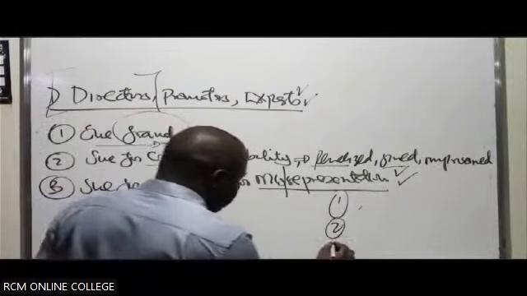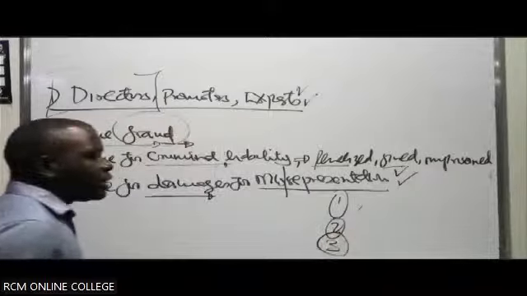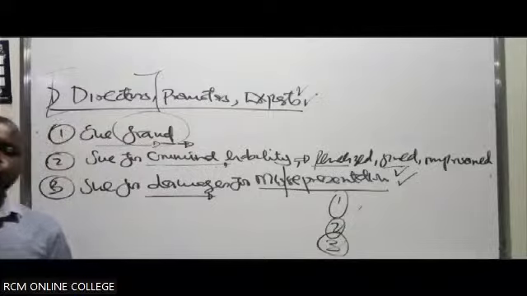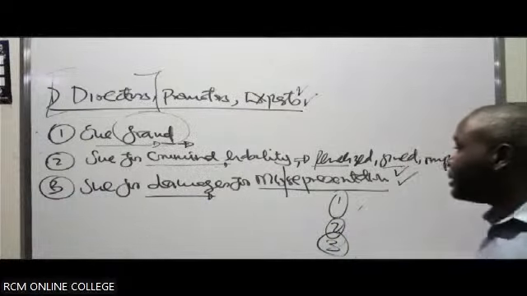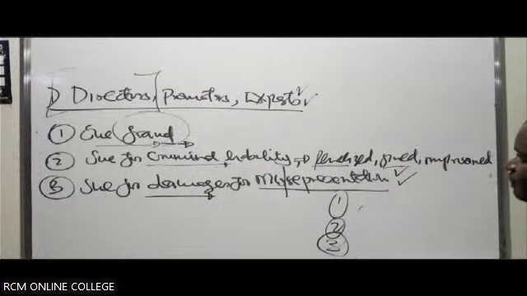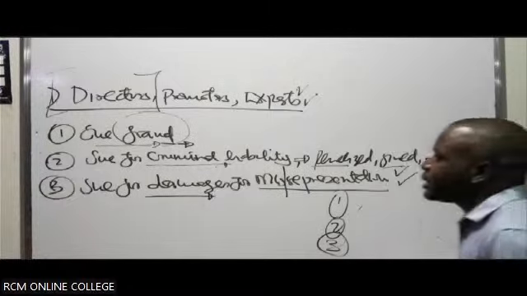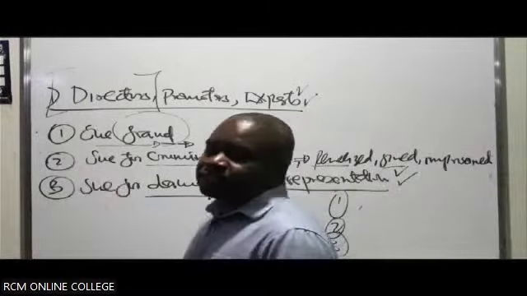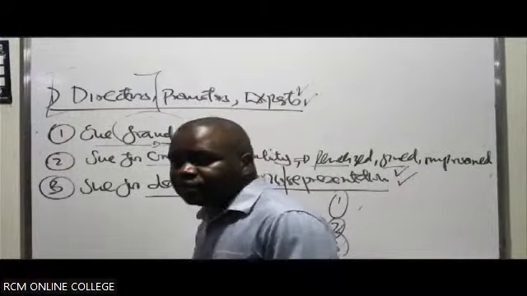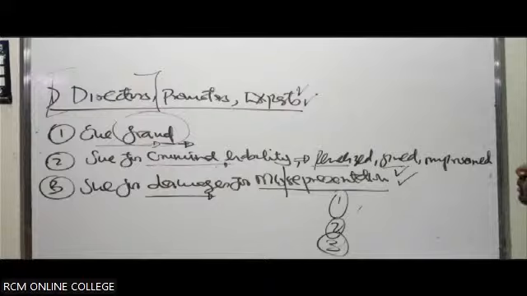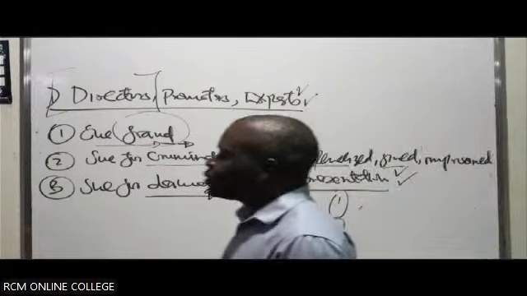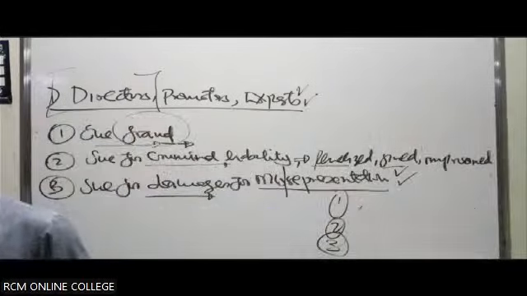Number three, another way, you relied on information of an official officer of the company. Maybe it can be the company secretary. He advised you as a director, as an official officer of the company. Maybe it was the lawyer of the company. He advised you, and you relied on his statement, and as a result you ended up signing off or approving the prospectus. So if this happens and you are liable as a director, those are part of the reasons why you can defend yourself.